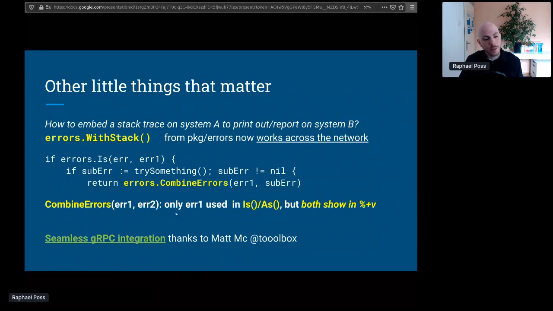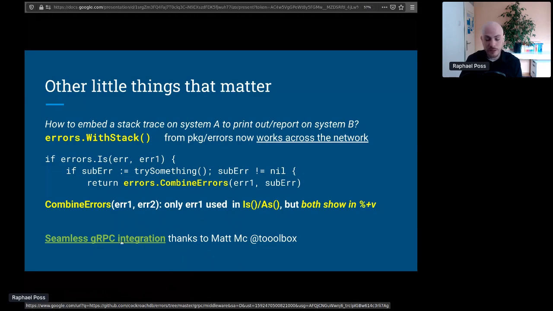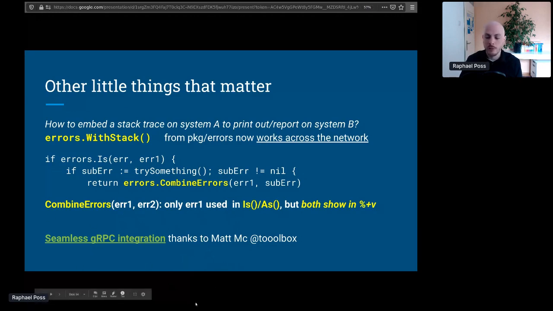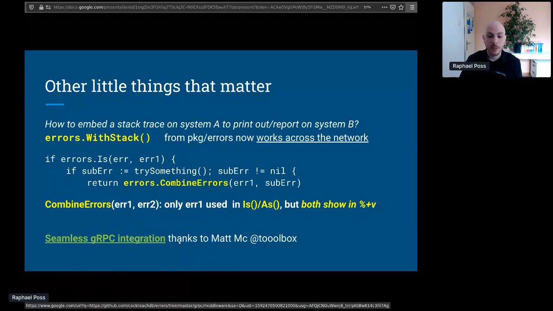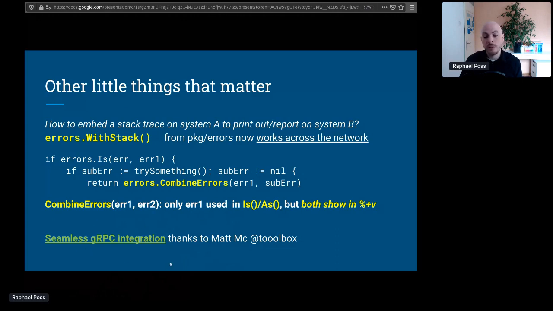And something that is pretty important when you start defining distributed systems is having a proper RPC mechanism. Google has a gRPC library, and the gRPC library has a pretty terrible idea of error handling by default. And so we have contributors that gave us some code that allows us to make gRPC do the right thing with regards to errors. With that integration, you can get your error payloads conserved exactly throughout an RPC. That's actually pretty sweet.